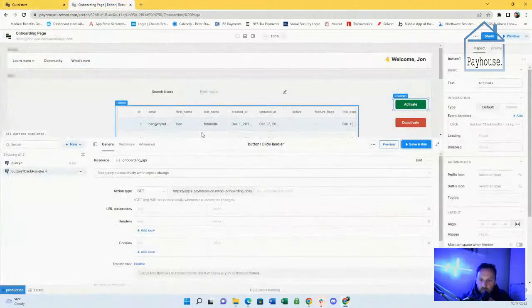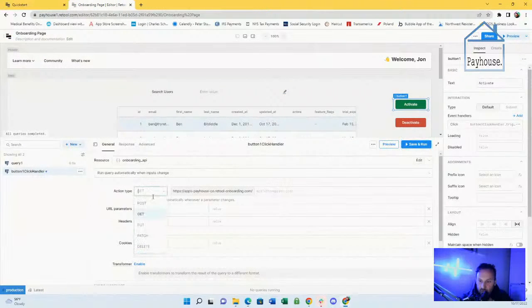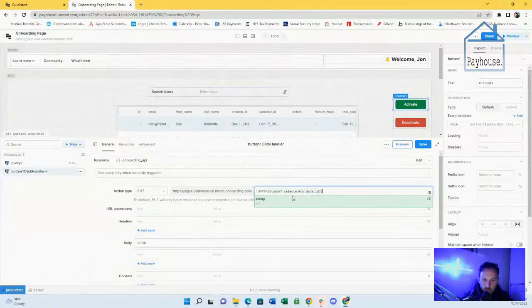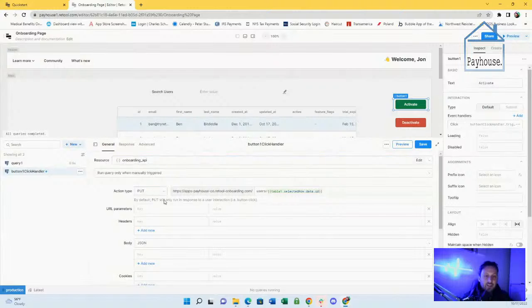All right, I'm going to copy this and we're going to change this to put. And I'm going to drop this into here. All right, so this is essentially the workflow. I do like the fact that I'm looking at both the design tab and the workflow tab. I know I'm not using the right terms, but I like the fact that I can see these things at the same time. That's pretty cool, right?